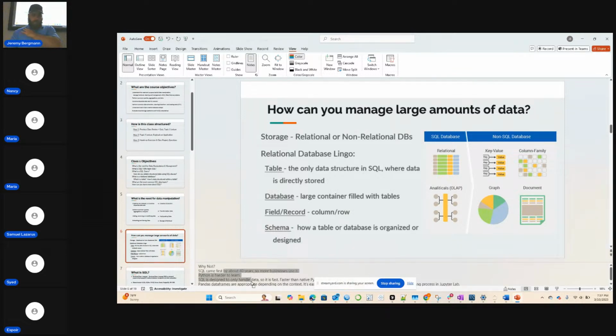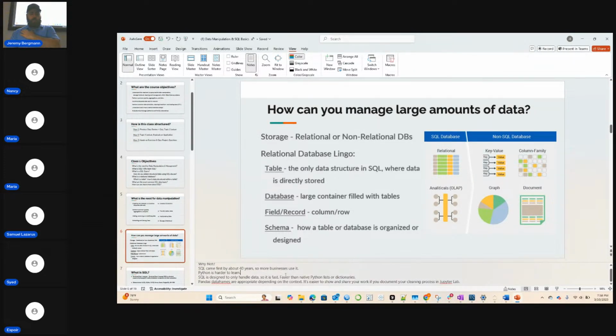And then note in some of these, I have some notes, just like we're talking about at break, little notes about the current topic, like SQL came like 40 years ago. It's more convenient than Python as long as you've structured your data. It's designed only to handle data, so it's generally faster.